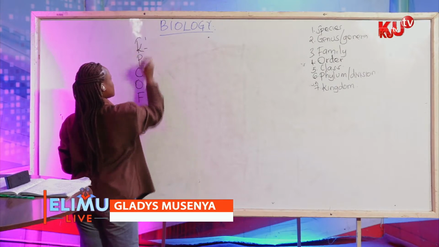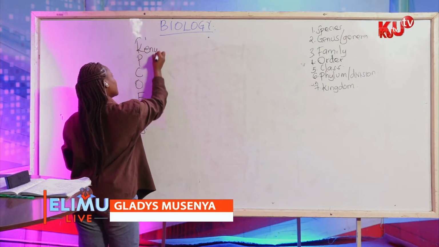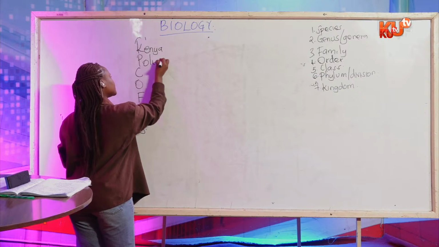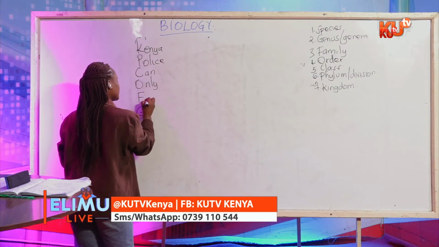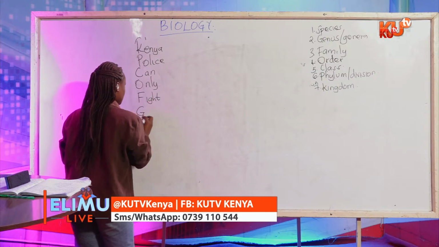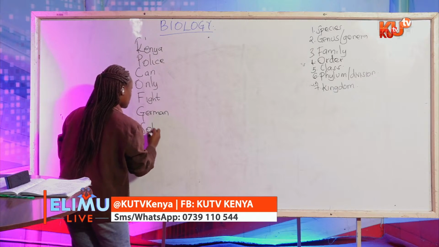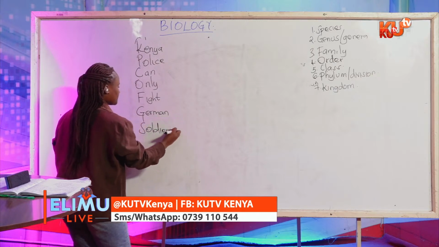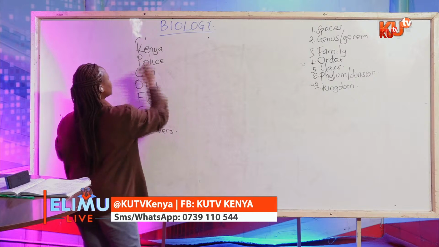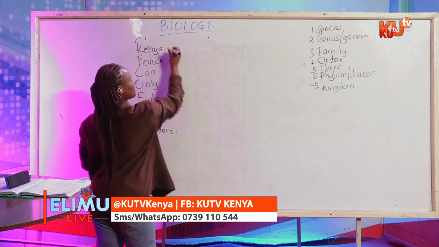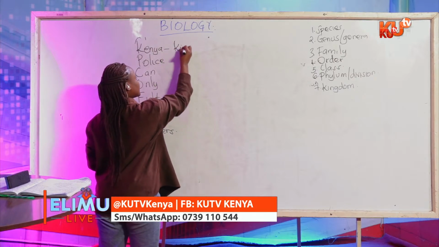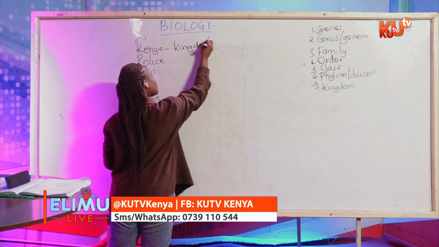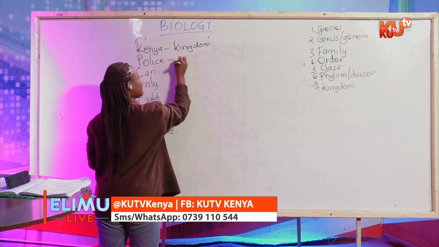So let me write here. Kenya police can only fight German soldiers. This is a mnemonic that can help you remember the kingdom from the largest to the smallest. So these represent the kingdom. These represent the phylum,